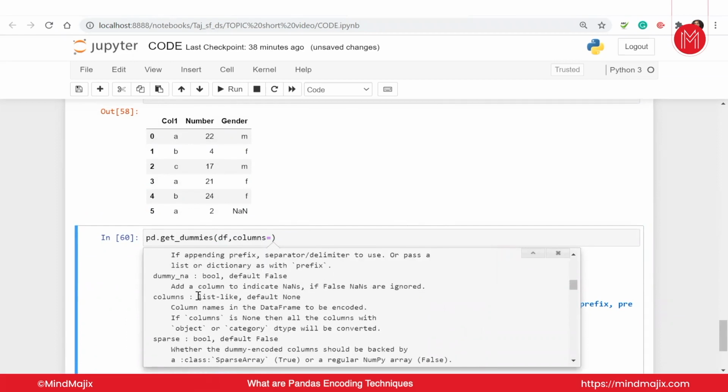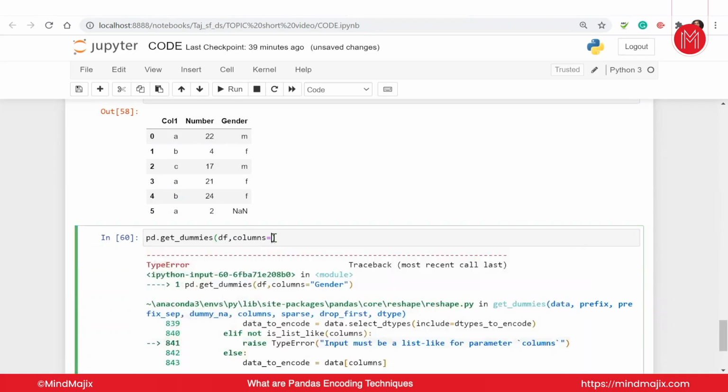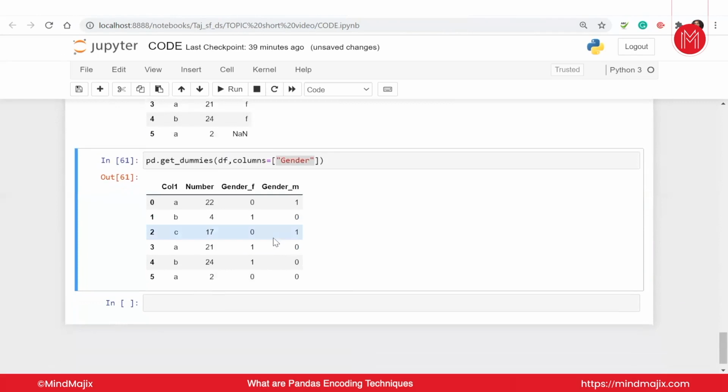Here we are. So a list-like object can be given, and the default value can be given. That is my mistake that I've done, so let me correct that. Column name in the data frame to encode. If column name is None, then all the columns will be encoded. So basically, guys, it is converting everything because we are not defining a column name here. The moment we define a column name here, let me put it gender, and just give a list. So guys, again, as you can see, it takes a list only as an input. You cannot give the name openly.